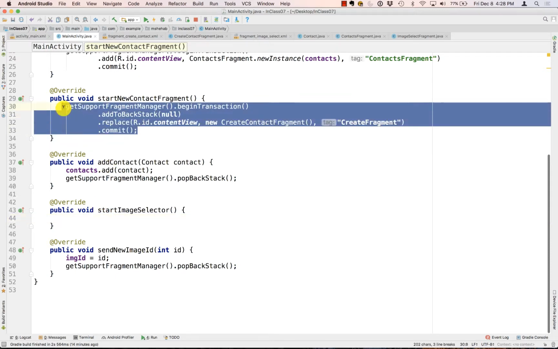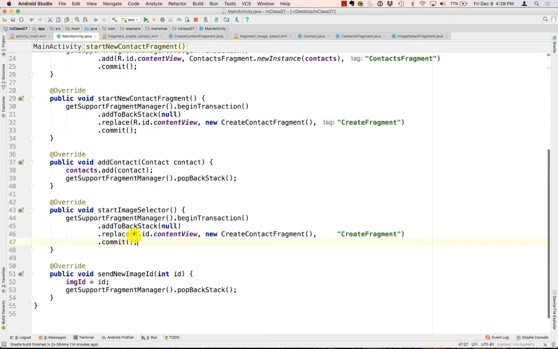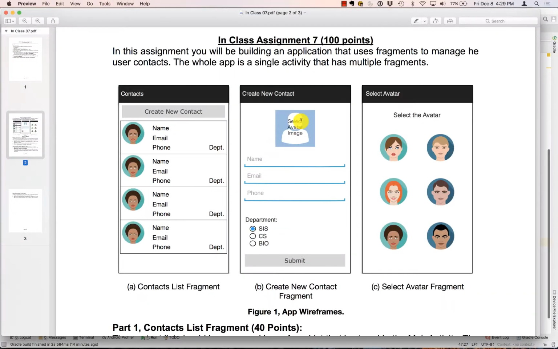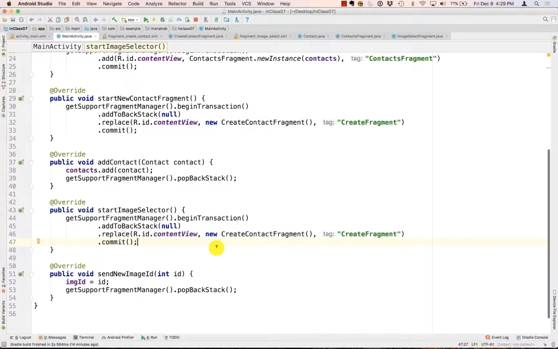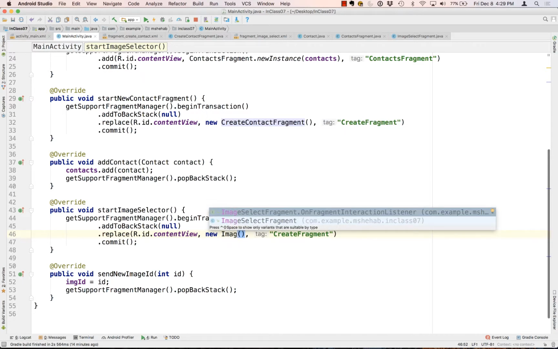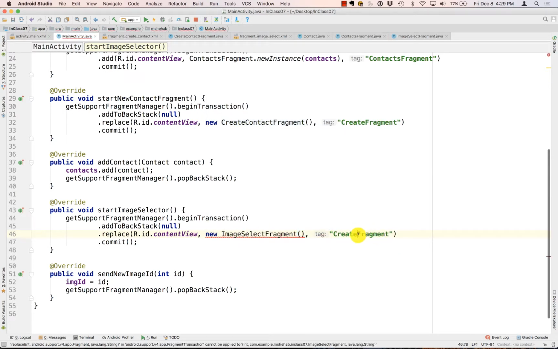Same story. You go here, copy this code, go back here. You are here, and you click on this button, right? What should happen is that this guy should go to the backstack, and then this guy gets displayed. So what we're going to do is replace it by what? This one is the image select fragment, and we'll call it